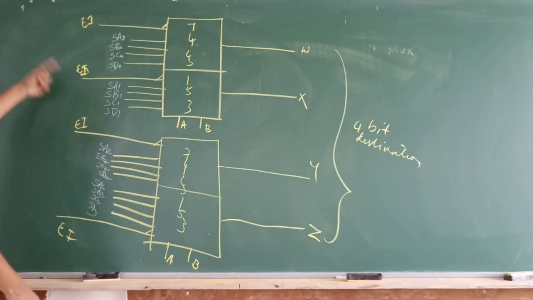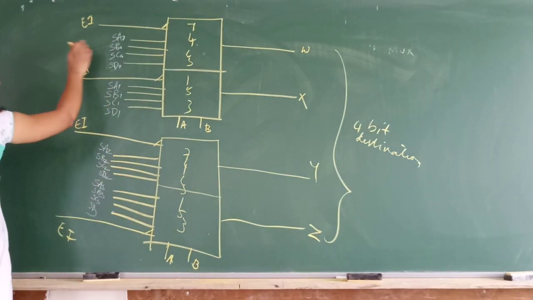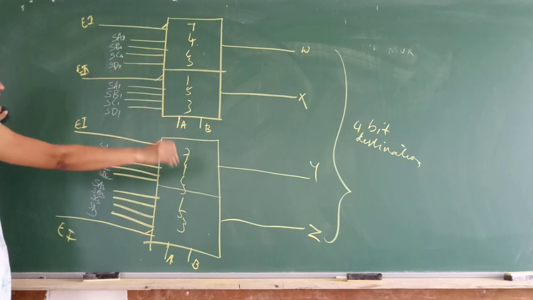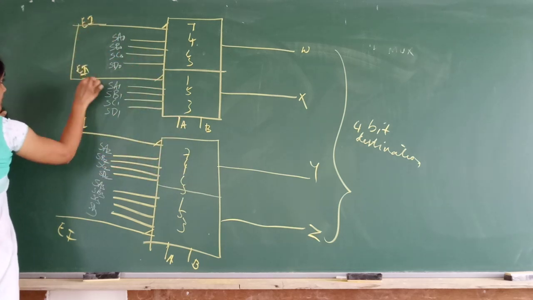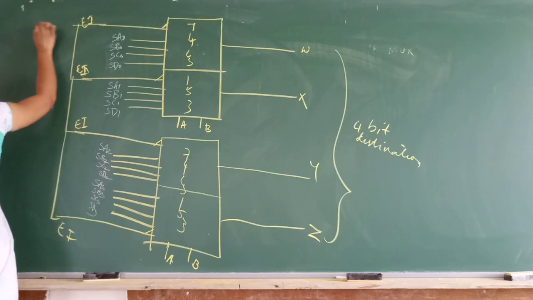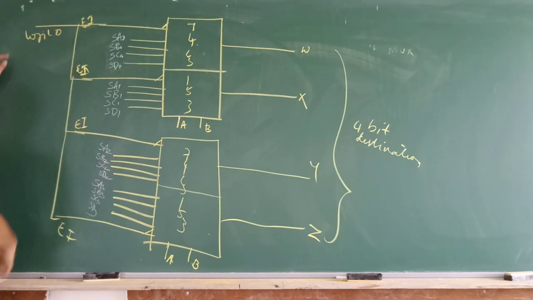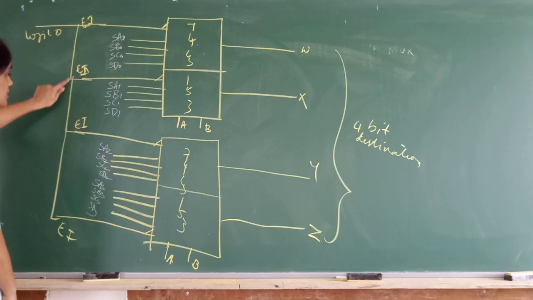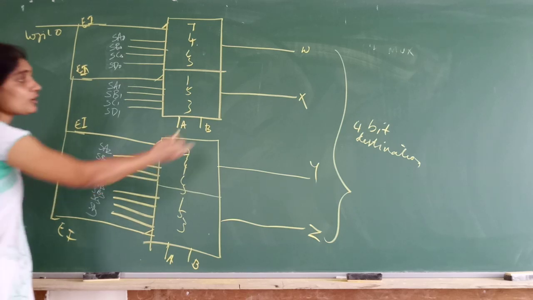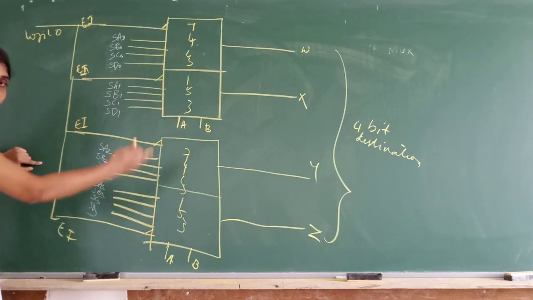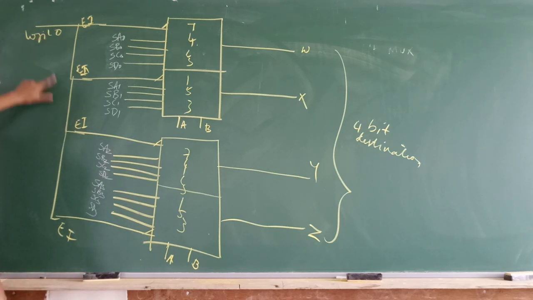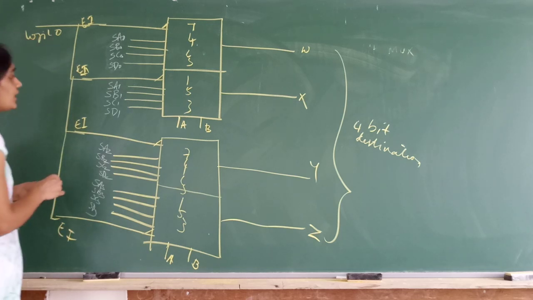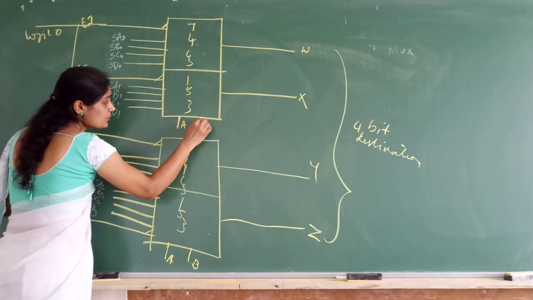Now, what are the modifications that I have to do at the input side? I want 4-bit output simultaneously. So I connect all the enable inputs to logic 0. When I give logic 0, all the ICs will be active. All the 4:1 mux will be active. 0, 0, 0, 0. That is what I want. I want a 4-bit mux, all 4 outputs simultaneously. So I will make use of all the multiplexers and connect all enable inputs to logic 0, as they are active low inputs. Then what do I have to do with the select inputs?